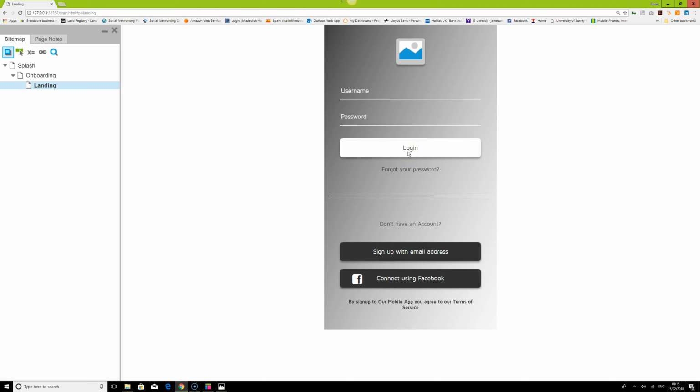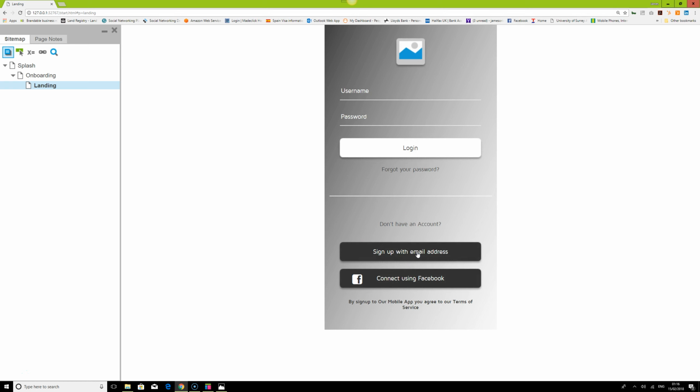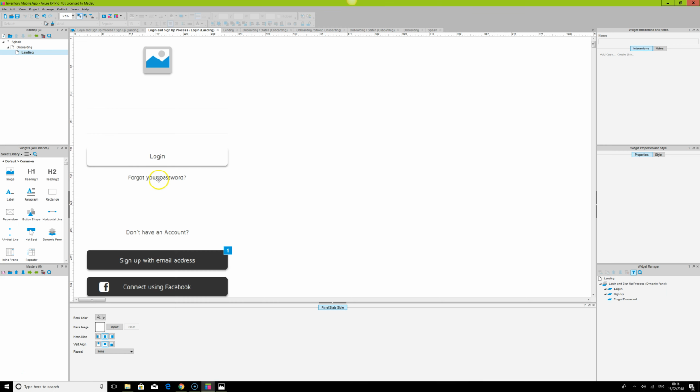If they're already logged in, they will log in. If they're not already logged in and they don't have an account and they want to create an account using an email address, they can sign up using email and immediately they have this screen. If they already have an account, they can click login and they go back. So the next phase of what we're going to do,